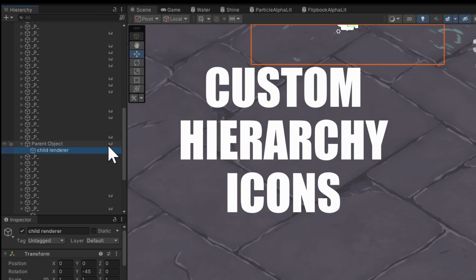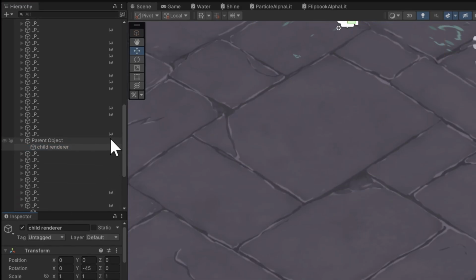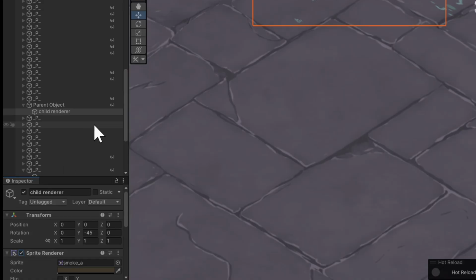So today I'm going to show you a little script so that you can add custom hierarchy icons right here to the right of an object in the scene. You can use this to display useful information about the object that you want to see at a glance. For a quick example, I want to know if a child renderer is turned on or off without needing to open up the object. It's really simple, so let's dive right in, and at the end I'll cover some common